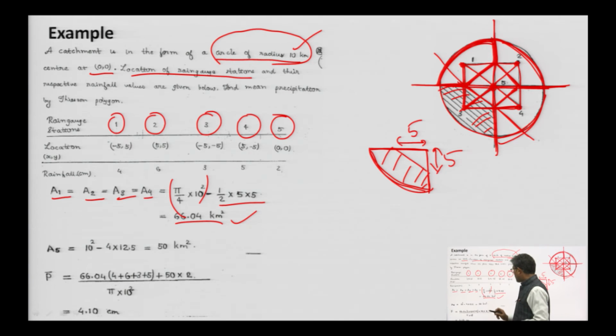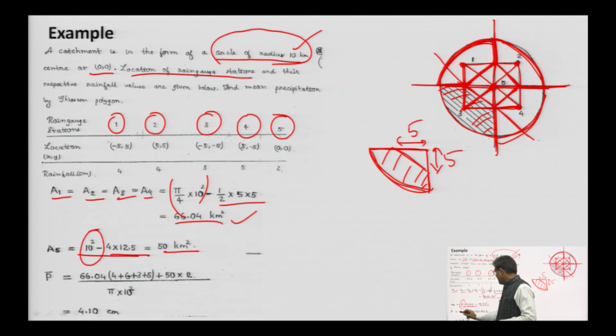It comes to 66.04 square kilometers. And A5, how much will it be? There are 4 of these, total minus this one, so it is 50 square kilometers. So after calculating the areas A1, A2, A3, A4, we can calculate the mean precipitation. Since A1, A2, A3, A4 have the same area,